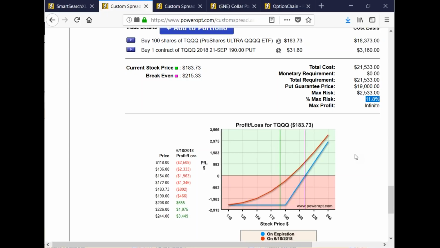Is it worth it? You've got to answer that. I can give you my suggestion, and I kind of did, but that's personal preference for me. I don't like to take a risk of greater than 7.5%. If you like the premiums here on the Ultra, if you've been tracking the Ultra, you know how it moves, you know how it adjusts, and you're comfortable with 11% risk, which you know you'll be able to reduce in different ways,